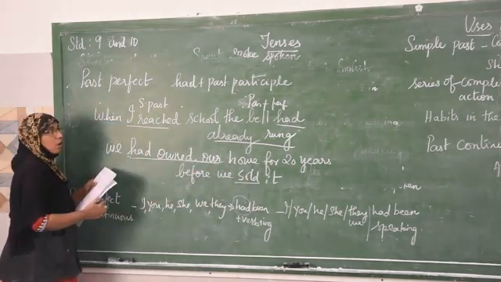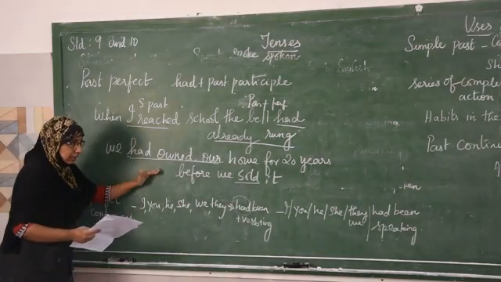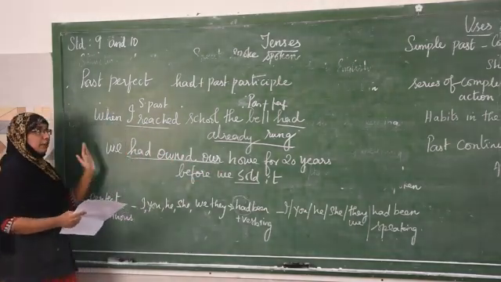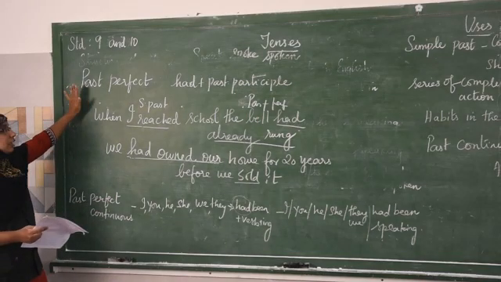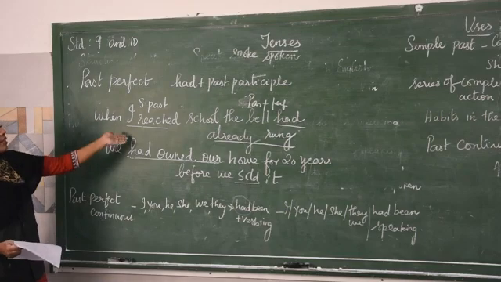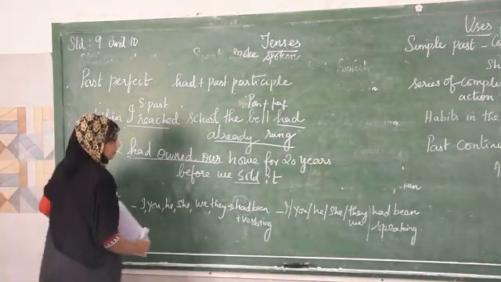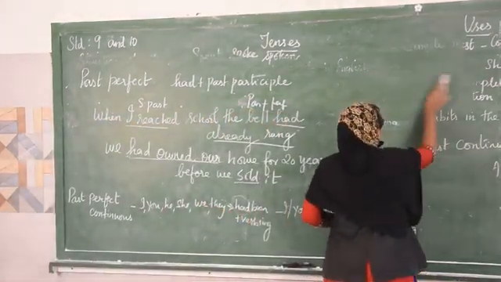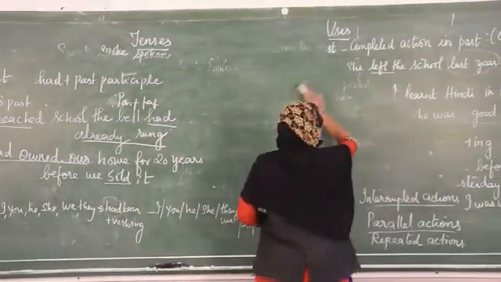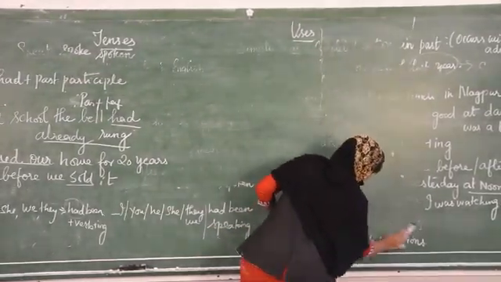But both the actions are taking place in the past. The action which is taking place earlier, before the simple past tense, you have to mention in past perfect tense. So past perfect tense is used for an earlier action which took place in the past before the second action took place. Now next one is past perfect continuous tense. This past perfect continuous tense refers to an action that had begun in the past and it was continuing in the past before another action took place.